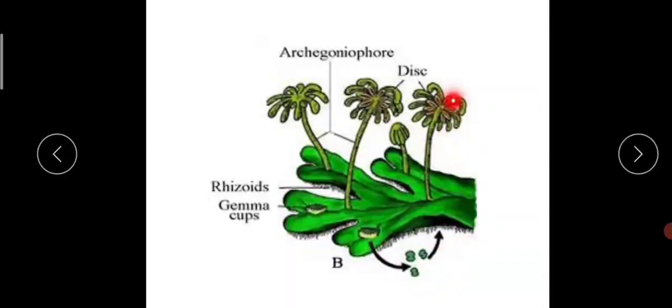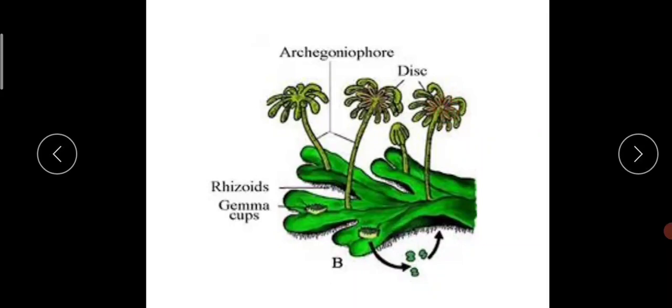Because of this differential growth pattern on the two surfaces of the disc,